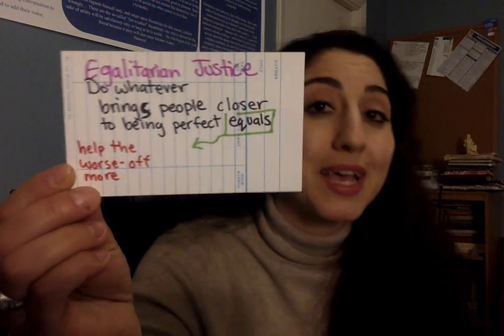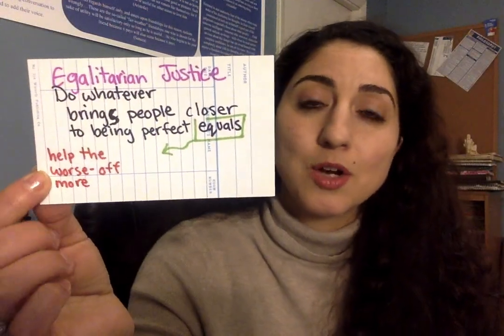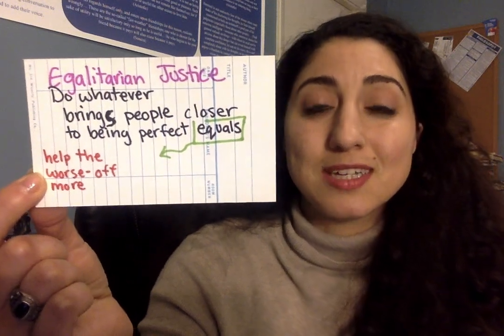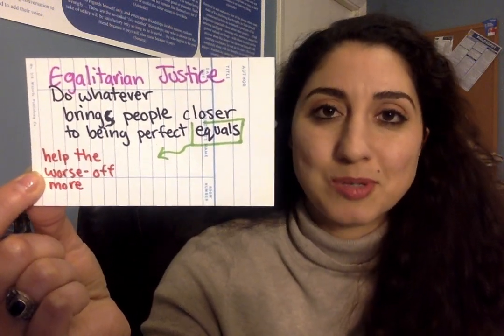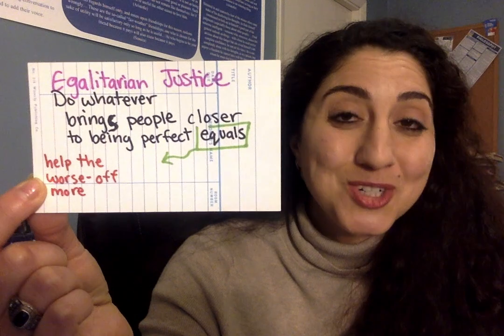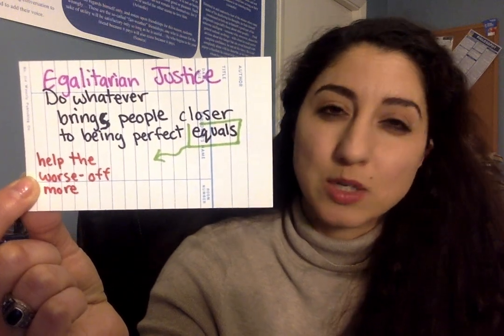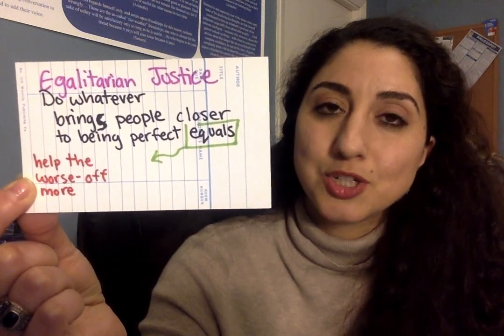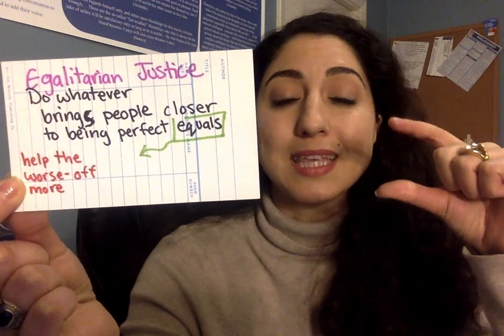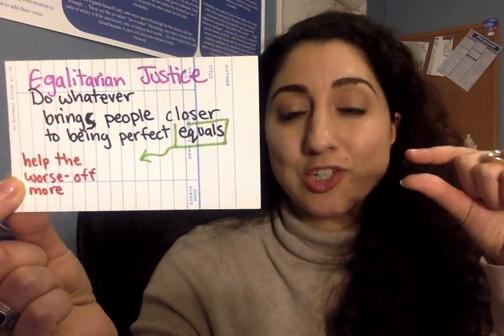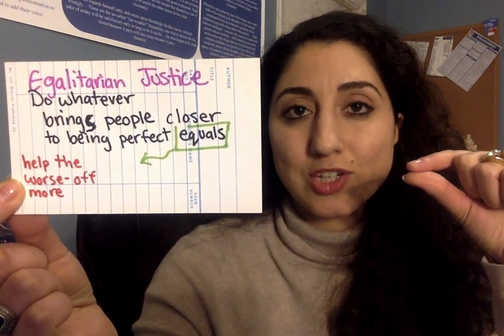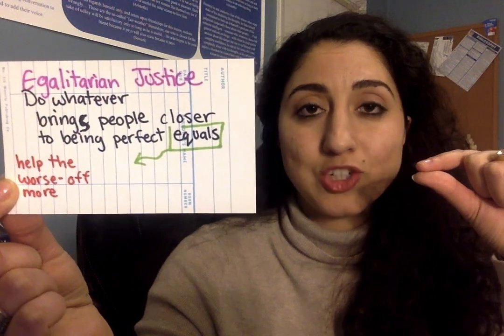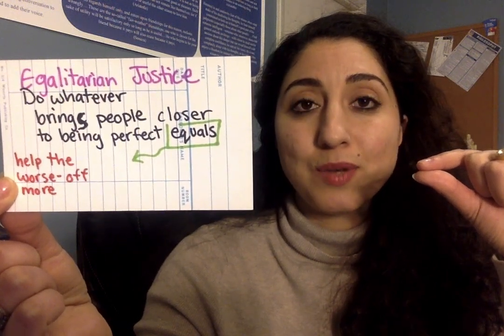So if you are against the utilitarian theory of distribution, then maybe you like the egalitarian one. According to the egalitarian justice theory of distribution, you should do whatever makes people more equal. You should do whatever closes the gap between the most advantaged and the most disadvantaged. This would allow us to justify our answer if we said,